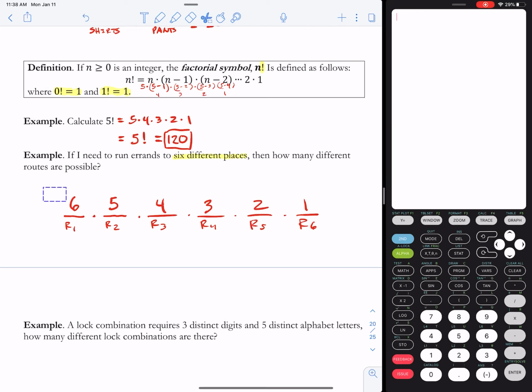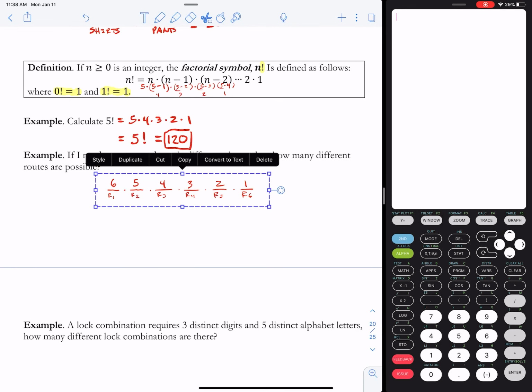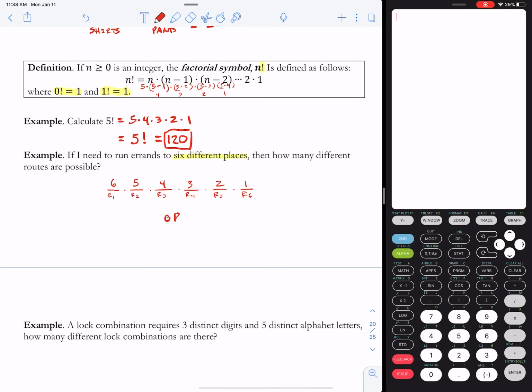This should look very similar to the factorial idea that we just did in the one above. Or you could write this as 6 factorial. Let's do a little practice with our calculator again. Let's put in 6 in our calculator. We're going to go to the word math. It brings us to a menu of options up at the top. We're going to go to PRB for probability. Hit the factorial sign, hit enter. It will say 6 factorial in your main screen there. Hit enter again, and you'll get